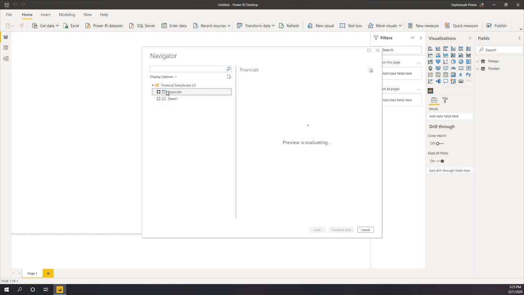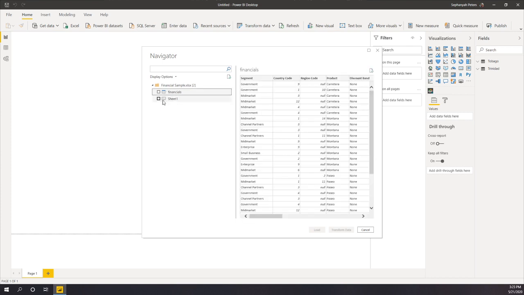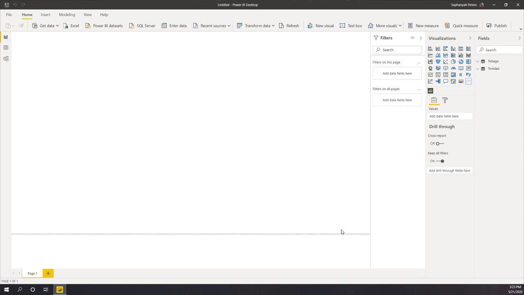Alright, so I see I have this table called financials and I have a sheet, but I really want to bring in the table. It's easier for me to manage that way, and I want to transform the data because I want to make sure that I only bring in the information that